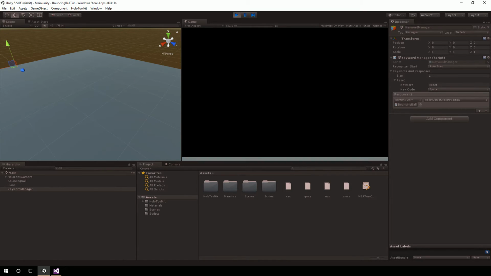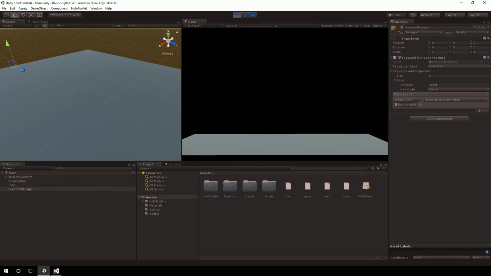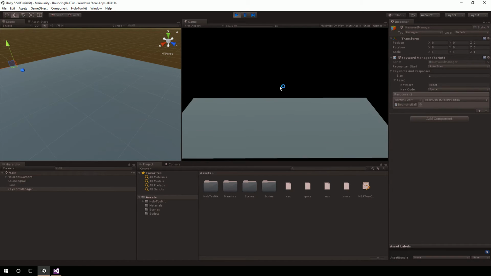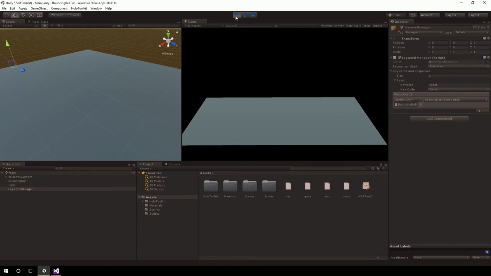So let me move my camera back some, hit spacebar, and it's going really, really fast right now. So you can't even see it. When I'm hitting spacebar, it is resetting the thing, but the ball itself, if we take a look at the ball,